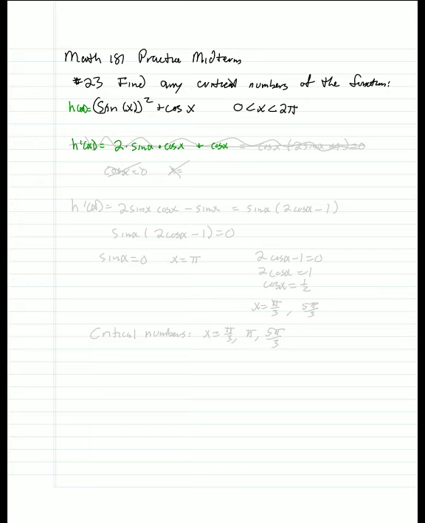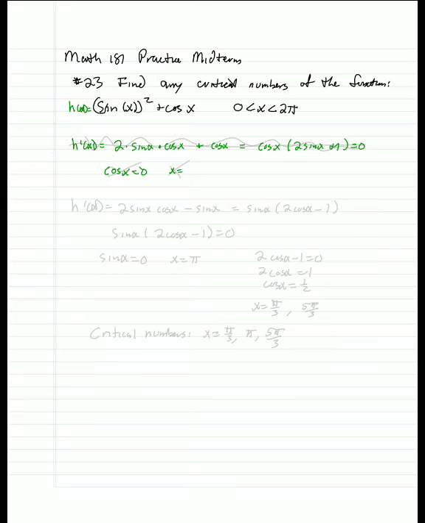Okay. Now we're going to take that. We can fiddle with this a little bit. Factor out the cosine of x, and what's left is 2 sine of x plus 1 equals 0. And we're going to take each of those factors and set equal to 0, to find our critical numbers. So cosine of x equals 0, and that occurs at x equals from 0 to 2 pi at,